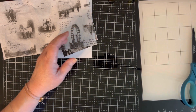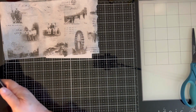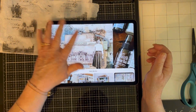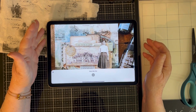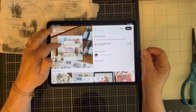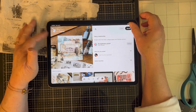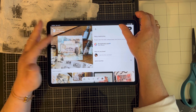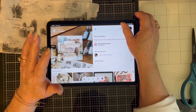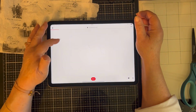So, now let's get started on our pin for today. This is what we're going to work on, a version of this, and I'm going to adapt it a little bit to use with my flea market journal that I am starting. And this one was posted by, or it's on scrapbook.com's Etsy, Pinterest page. And it was made by a member of their